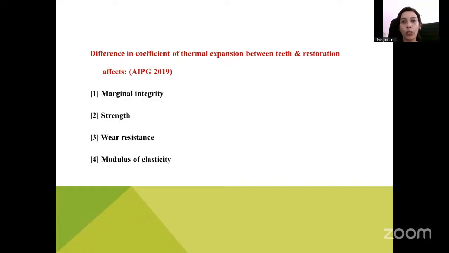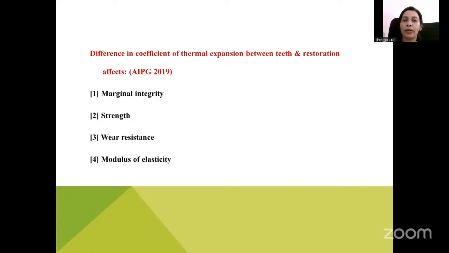The restorative materials we select should have a coefficient of thermal expansion similar to that of enamel and dentin. Otherwise, when the temperature increases by 1 degree centigrade, the tooth will increase in size. If it is not similar, the restorative material will sit as such, producing space between the restoration and the tooth, which can lead to discoloration,